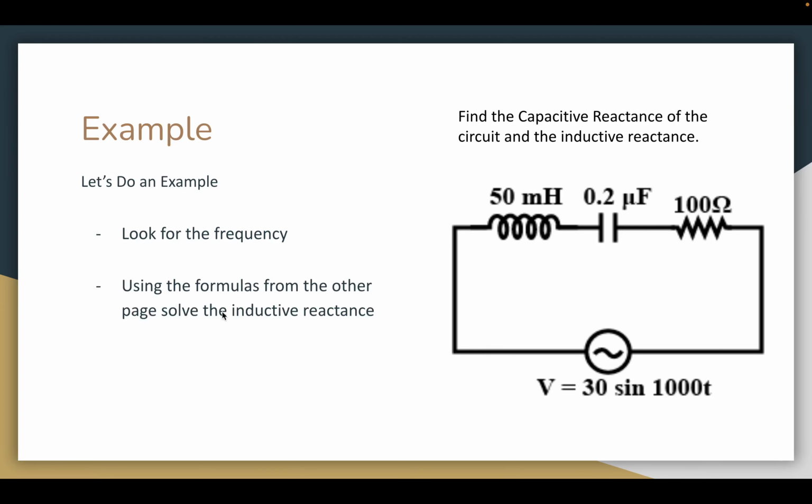Next up, we're going to use our formulas from the other page to solve for the inductive reactance. Using 2 times pi times L times frequency, with L being 50 millihenries, that gets us a total of 314 ohms of reactance. Then, doing the same for capacitance, 1 over 2 pi times capacitance times frequency, we get a